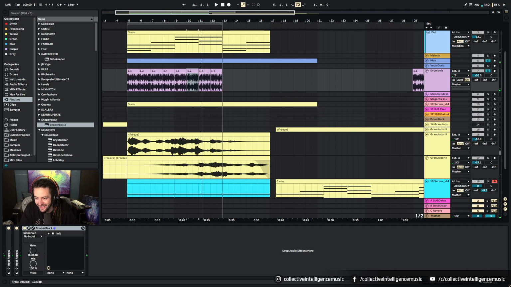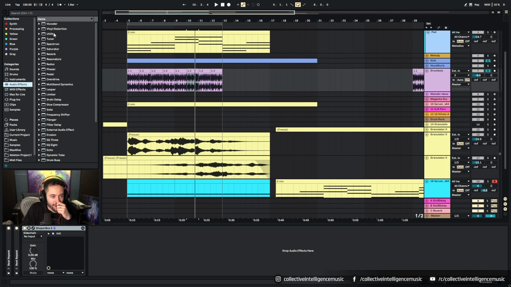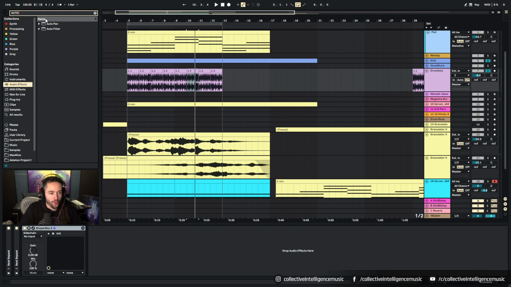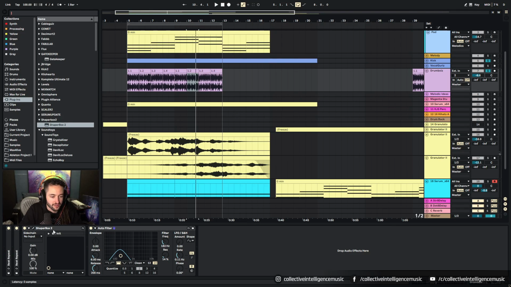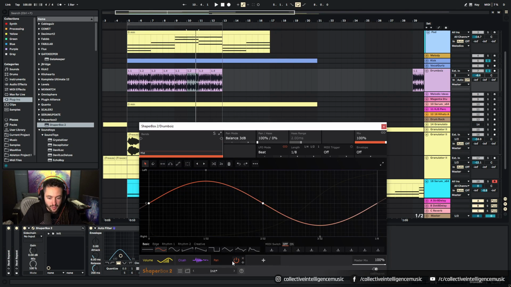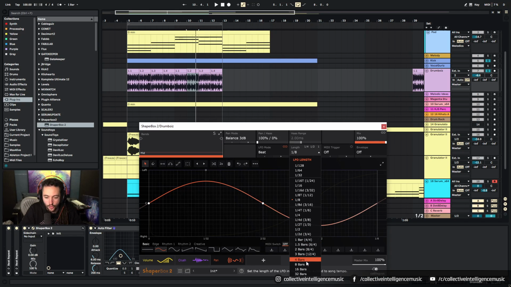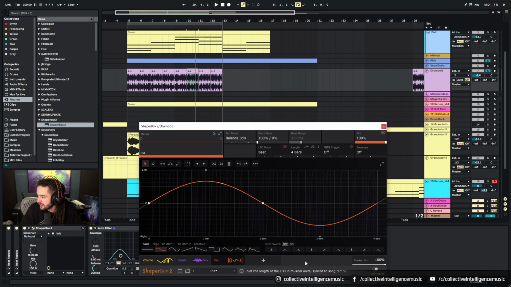I don't know whether that's going to work, but it sure is fun to make, right? And then if we go ahead and go auto filter, we can grab another LFO and have this moving around in the background, you know, and we might actually change that. So the pan should be a slower rolling pan, right? It should be,